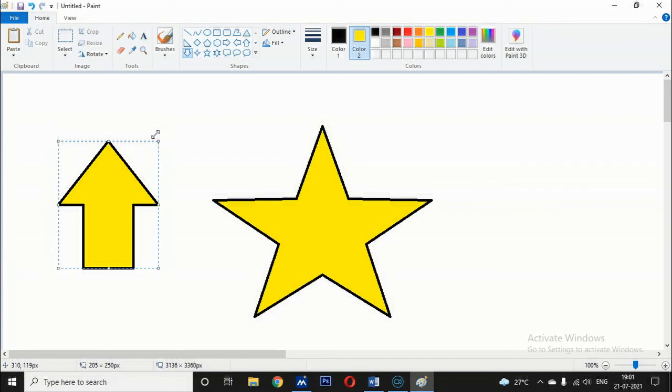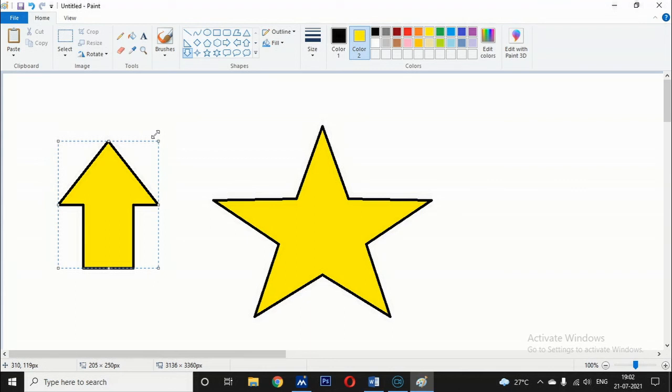Okay children, in today's class we learned Paint. What is Paint? Paint is a simple drawing program, and we learned how to select a drawing using the rectangular selection tool and free-form selection tool.